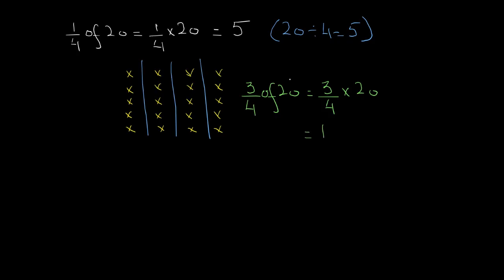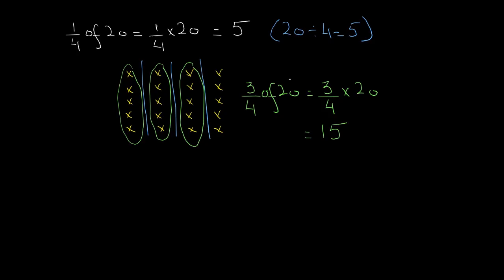And why is the answer 15? Well, the answer is 15 because if 1/4 of 20 is 5, then 3/4 of 20, which is 1/4, 2/4, and 3/4, should exactly be 3 times 5, which is 15. So what we have actually done is that we can say